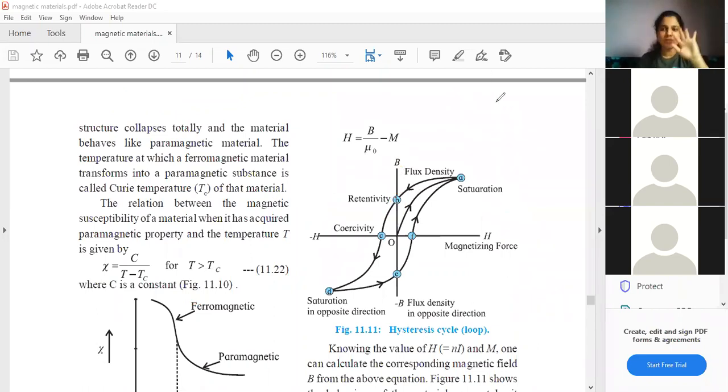Okay, fine. Let's move ahead now. Now students, next what happens is that at this point, my B is 0 and my current is not 0, it is some value. I am constantly increasing my current. You all can see the graph is moving ahead now. It is still moving ahead. So it means I am increasing my current.